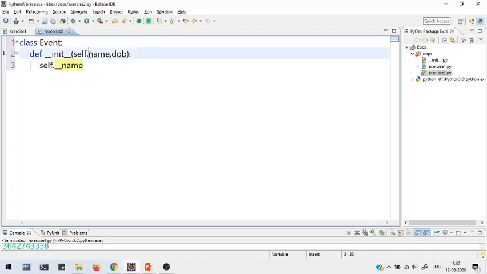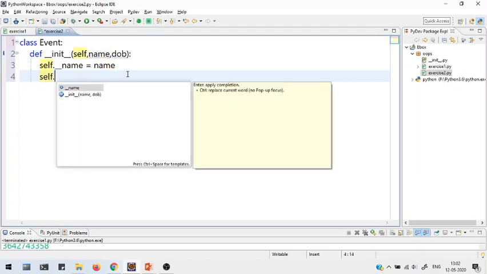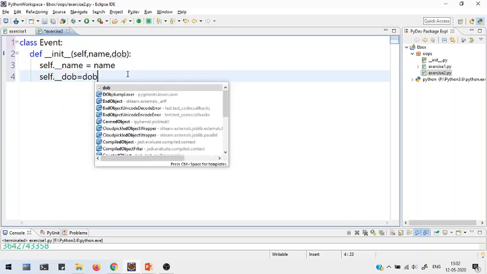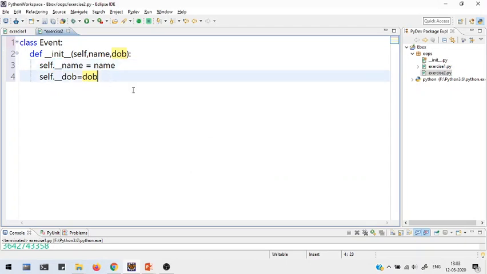The name given in the parameters is a dummy variable. You can give it any name, but as per the naming convention it is safe to give the same name as that of the attributes of a class. That way you won't get confused. Similarly, self dot double underscore dob equal to dob. Double underscore means it is a private member in Python.